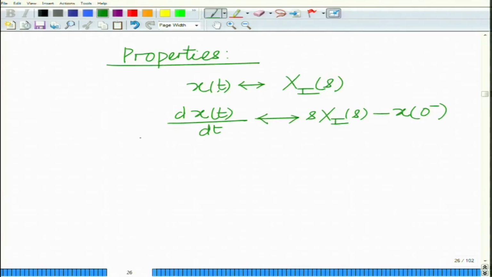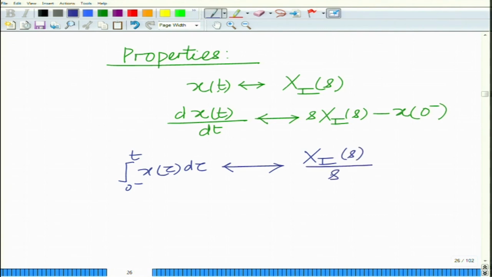Further, if you consider the integral from 0 minus to t of x(tau) d tau, this will have the Laplace transform X_I(s) divided by s,